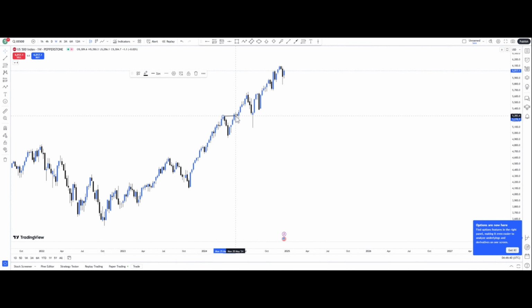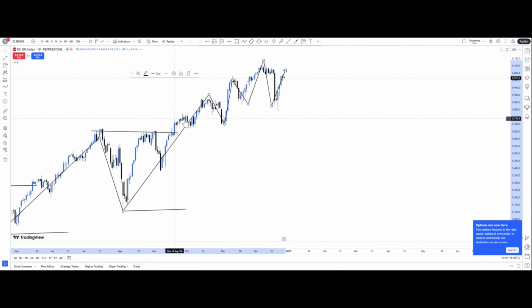So the market broke this high, created a new higher high. Also at this point, it created a new higher low. After the market broke here, we got a new higher low, and at this point, the market created a new higher high. So we can see that this market is valid. It's actually going up in line with the monthly time frame. So all we look for on the next time frame, which is the daily time frame, is either entering at a demand zone or entering at a break and retest. So let's go down to the daily time frame.